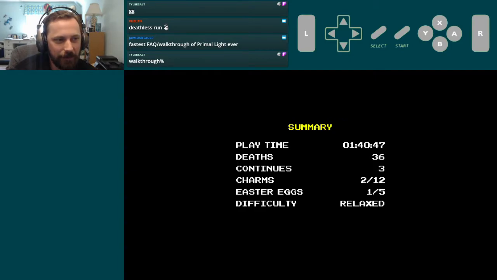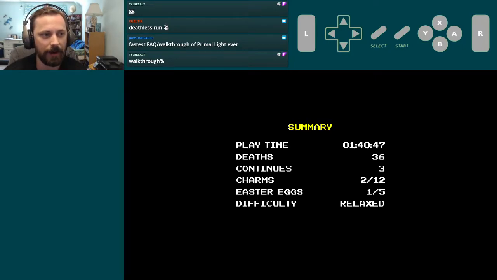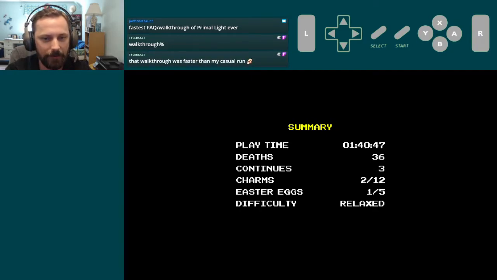Cool, yeah, so we only got 2 charms. We got a couple of extra life and health things, but otherwise that was it. I play this by getting just the damage boost charm, and that's about all I get. I don't get any of the extra heals, but